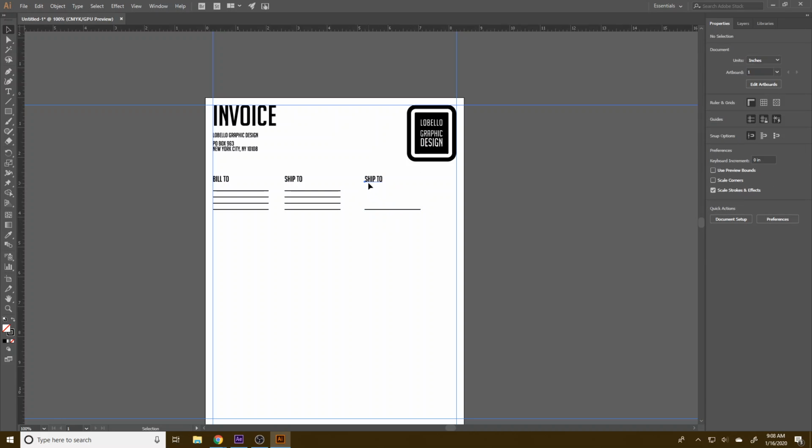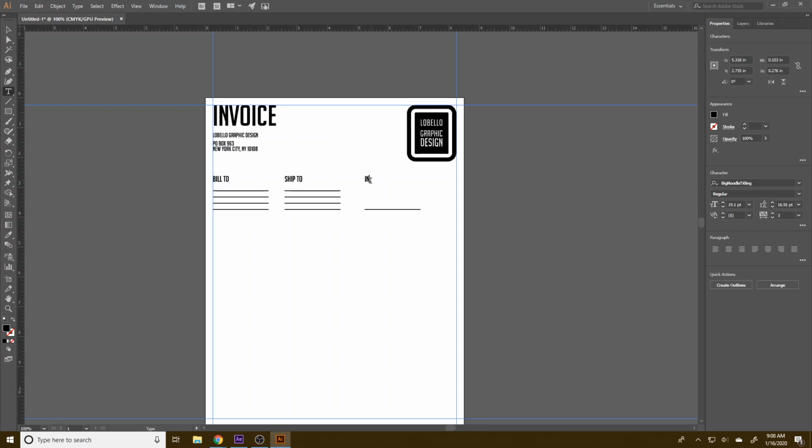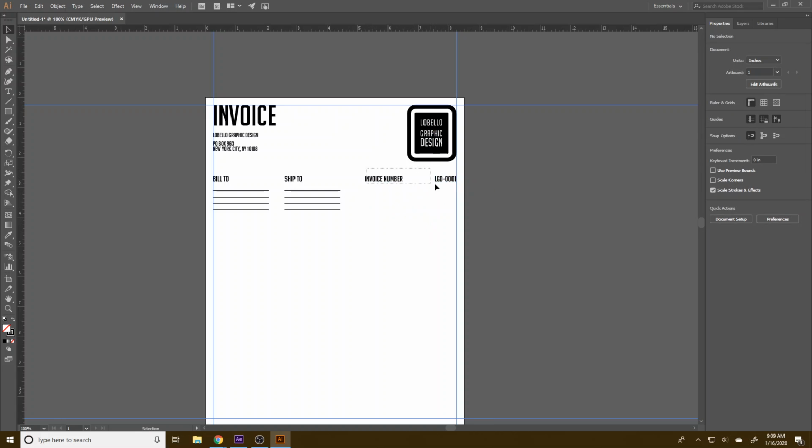We'll just put down our invoice number, and let's just kind of move over here and just call this one number 1. But we're going to give ourselves a little sort of naming convention. We'll call it LGD, because this is Labello Graphic Design, and I'm going to say 0001, right? So I'm looking forward to making at least 1,000 different designs. So I'll just put this over to the side, or against the thing there,